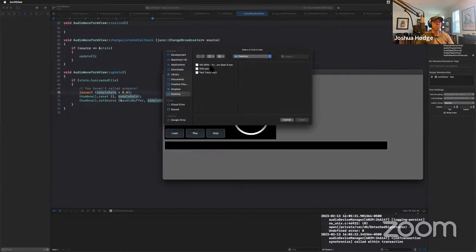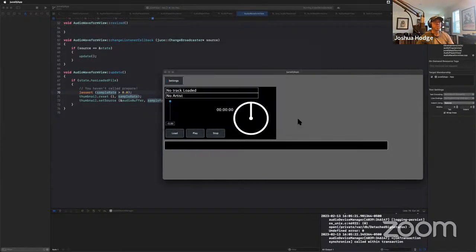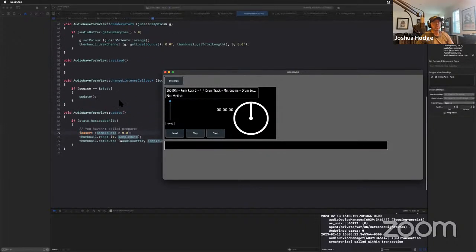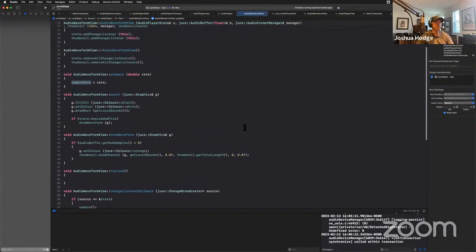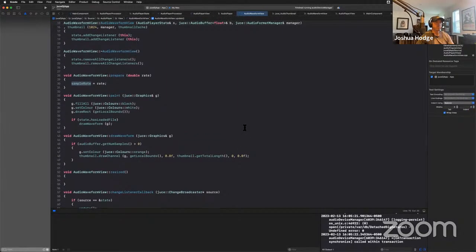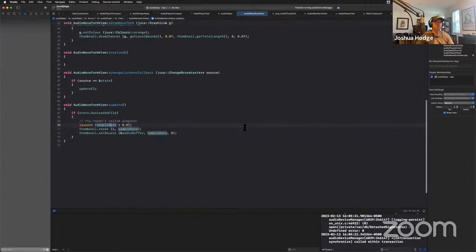Load. Okay. Still not seeing anything here. So I set the source, which is audio buffer, set the sample rate,